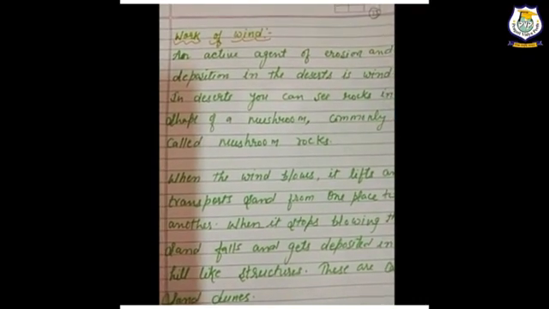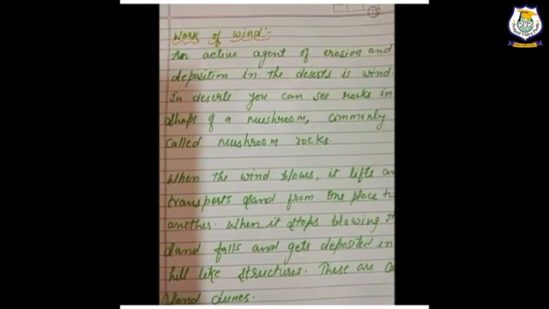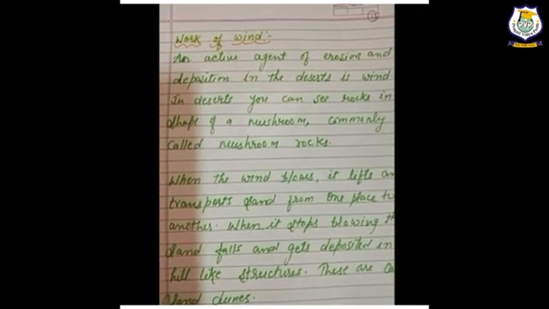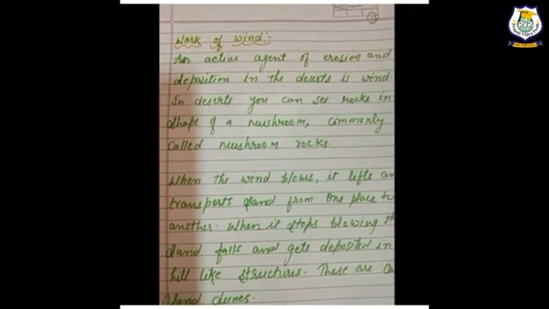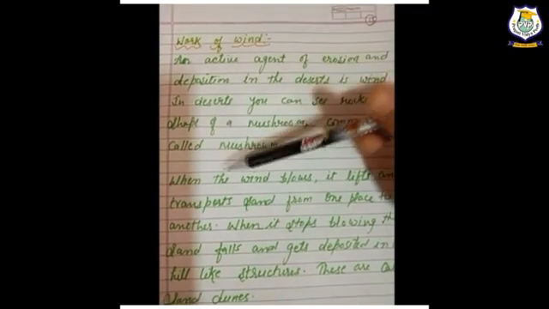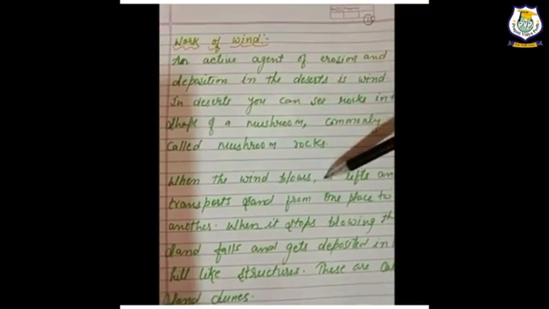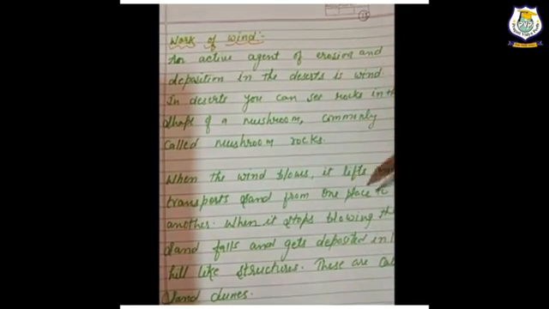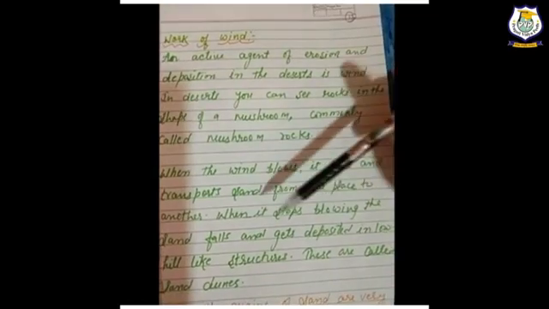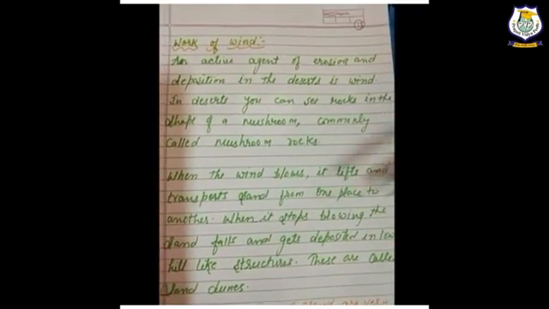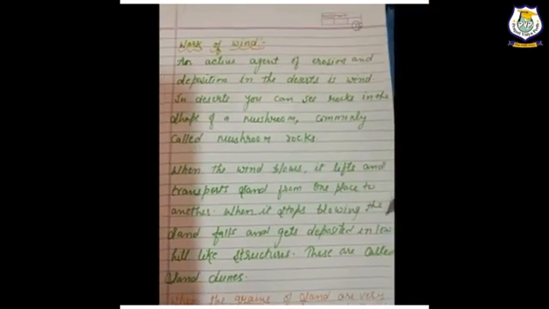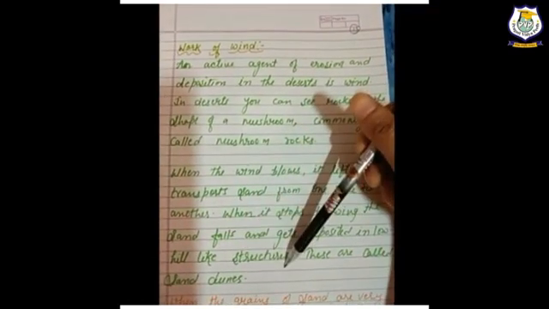Winds erode the lower section of the rock more than the upper part, therefore such rocks have a narrower base and wider top. When the wind blows, it lifts and transports sand from one place to another. When it stops blowing, the sand falls and gets deposited in low hill-like structures.